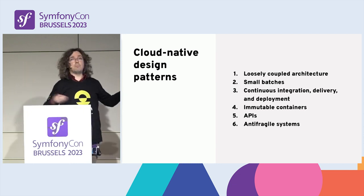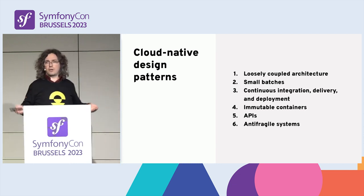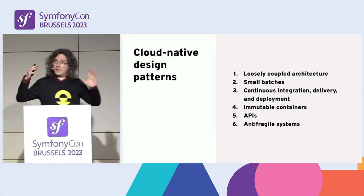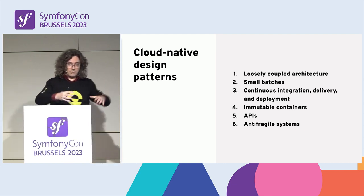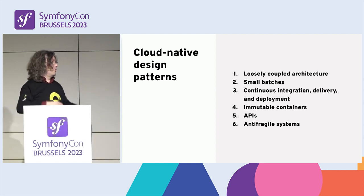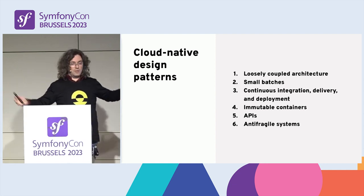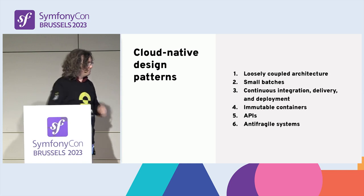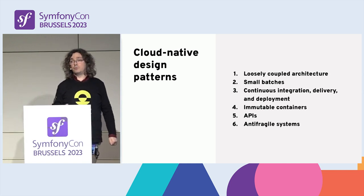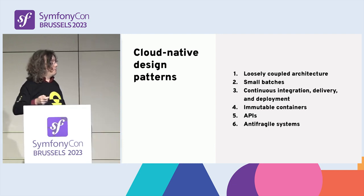Start with loosely coupled architecture. I'm not necessarily talking about microservices, but why not? Microservices as well. Start thinking about small batches of improvement, not one big thing that, once it's deployed, can fail terribly, and you cannot really test it because it's so huge. No, small increments. Of course, continuous integration, delivery, and finally deployment is super helpful if you're able to do that,